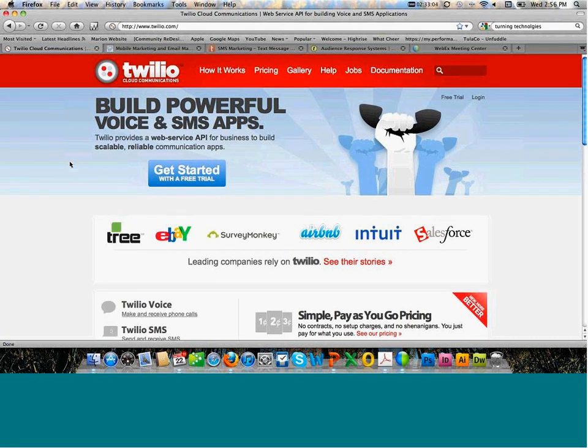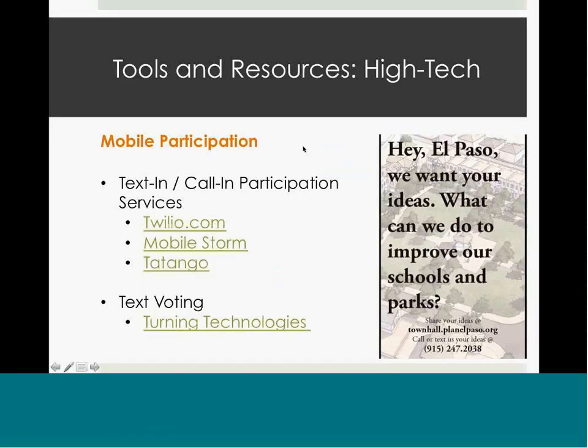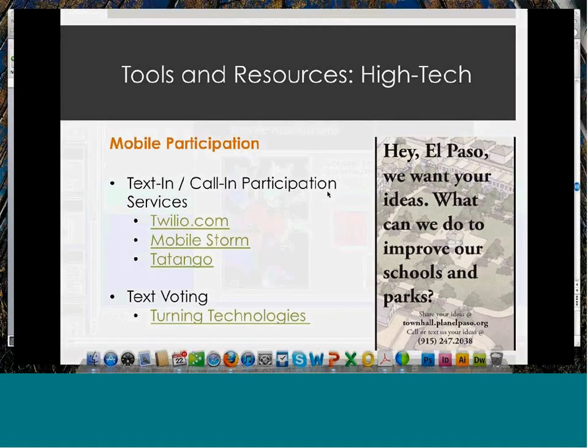This can be integrated with a poster outreach process similar to what you see here in El Paso, where the poster is placed in various areas around town and asks citizens what they can do to improve schools and parks. The participant has the opportunity to text in or call into this local phone number at the bottom of the poster and state their ideas. So it's a great way to integrate real-time participation in high-traffic areas of your community.